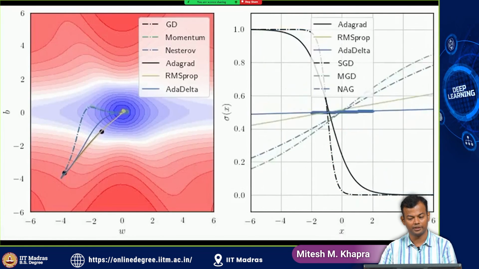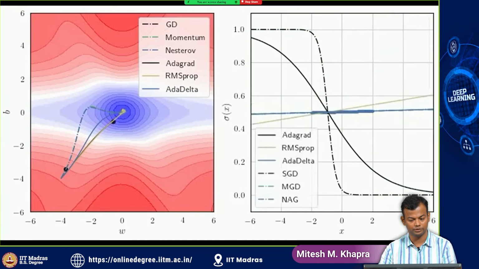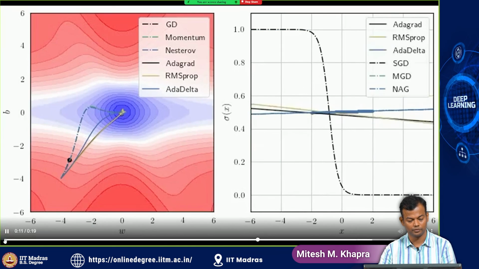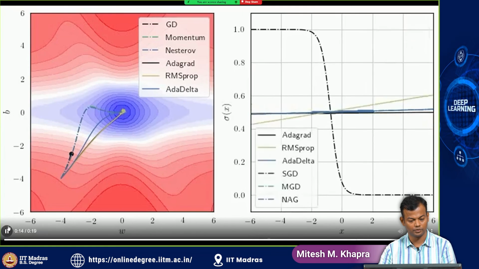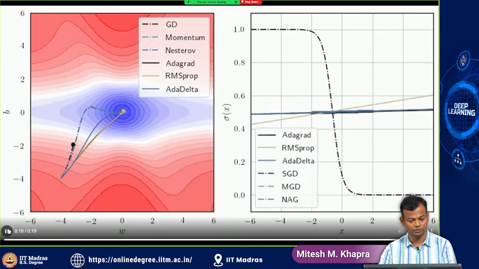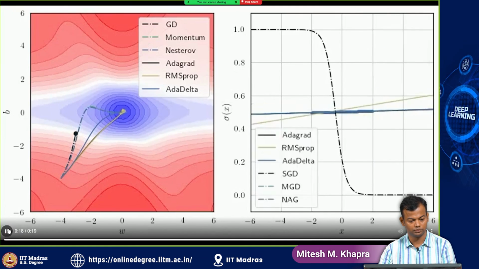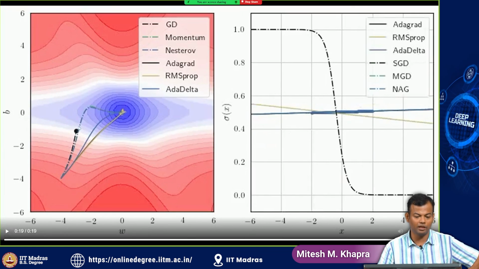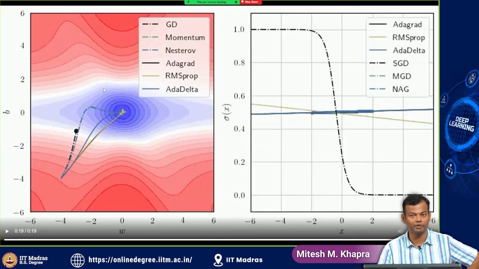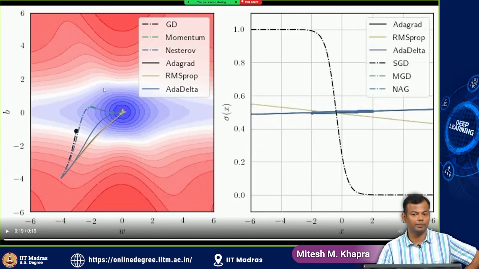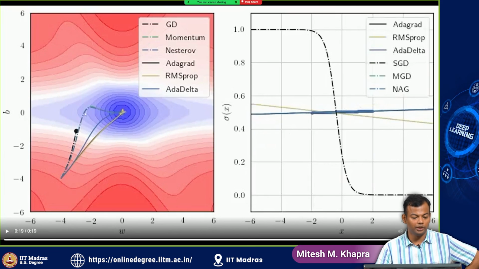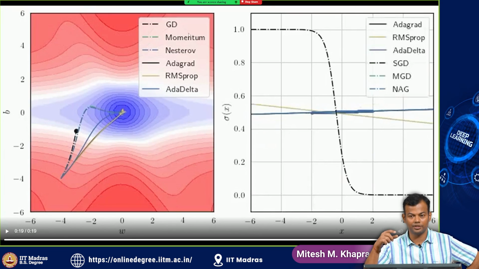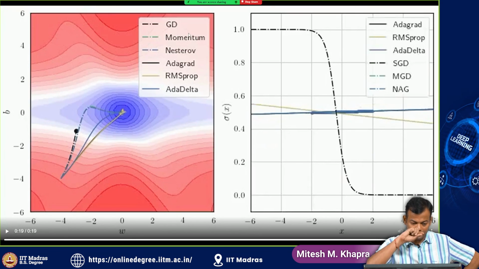And you see the expected behaviors, right? Okay, let it stabilize and we'll comment on it. Yeah, so you see all the behaviors that we expected. The black curve is gradient descent, which is slowly moving. We know that it does not have any momentum, does not have any adaptation. The momentum and the Nesterov have the usual effect of oscillations, and Nesterov you can again see slightly better at